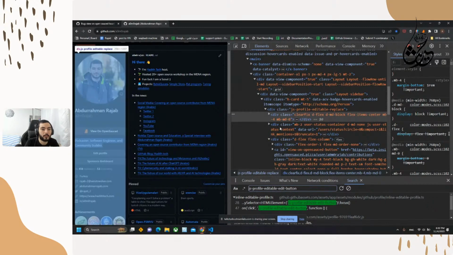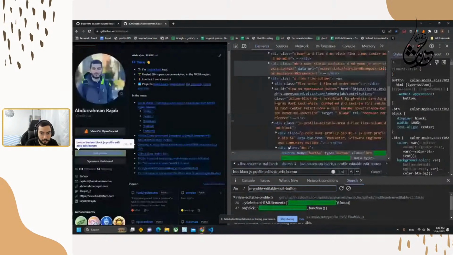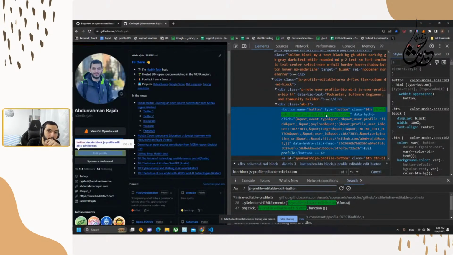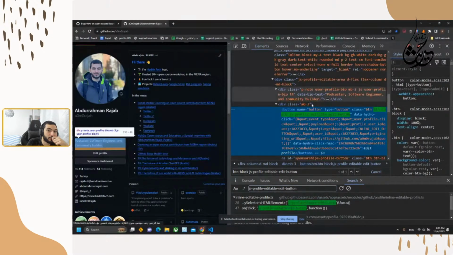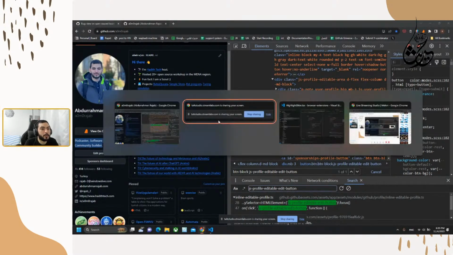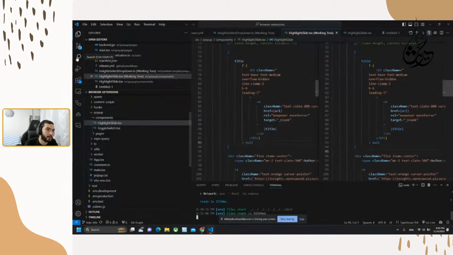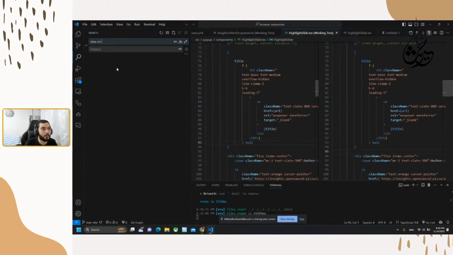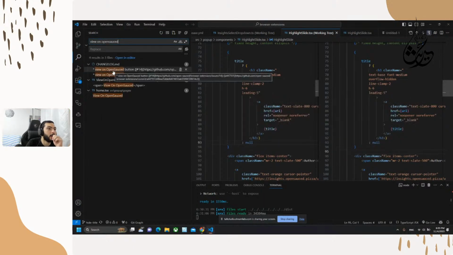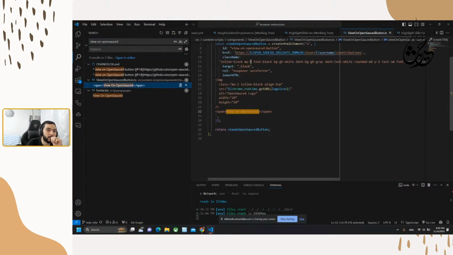No, the search is different. Okay. So this is the search. This is the button that I could put the view on open source on top of, which could be a great solution for that. So you can have the full UI consistent with what you are doing. And to do that, we need to go to the code base and check view on open source. Is it how it's written? And here we can see the button,